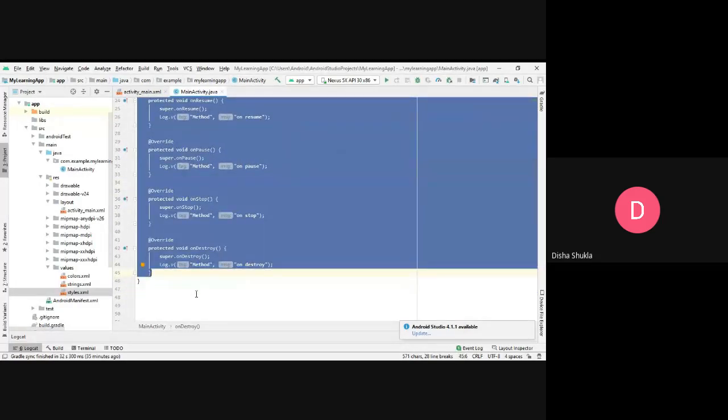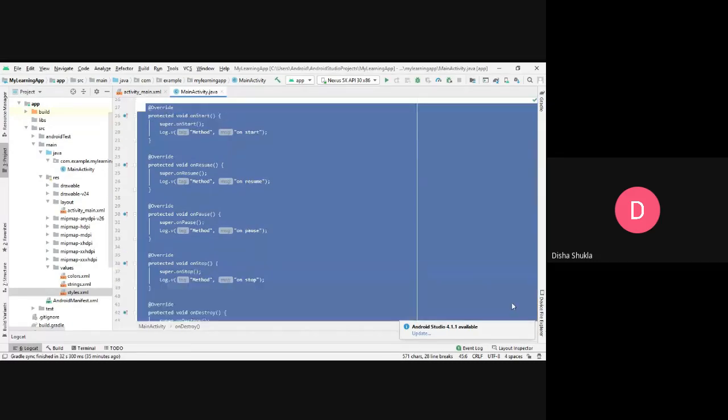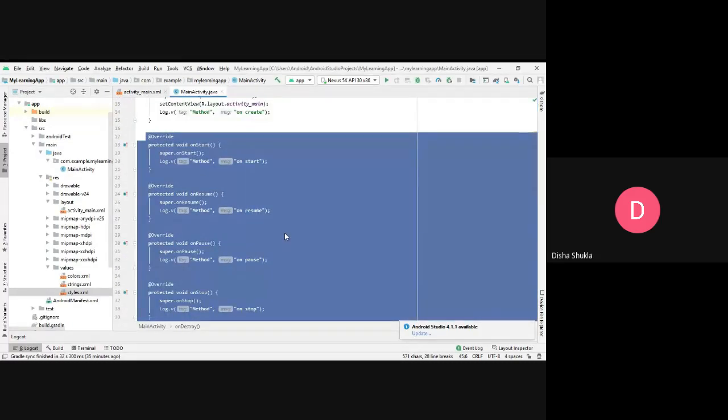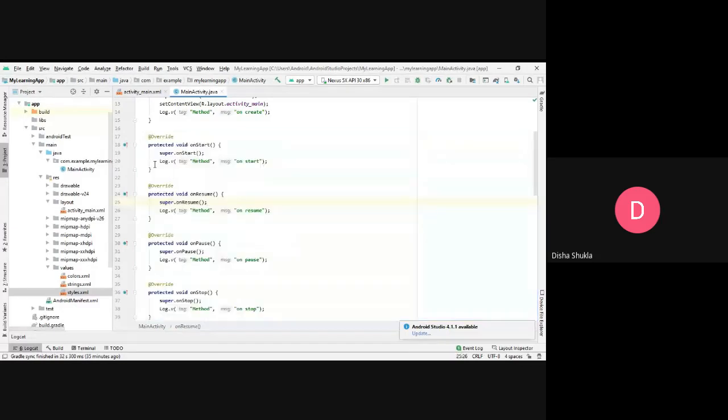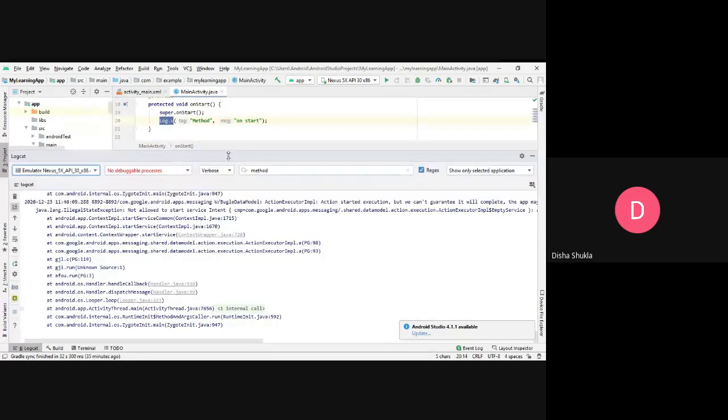Besides that, I also told you about the logs. What is a log? Log is something that we use for debugging purposes, and this is how you use it. There are different kinds of logs, that is the verbose, the error. I showed you the logcat last time. So this is the logcat, and these are the different types of logs that we can get. Both the arguments here are strings. The first argument that you pass is called the tag, and using the tag, you can search for a particular log in the logcat.